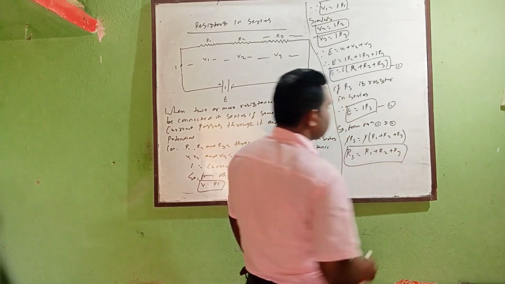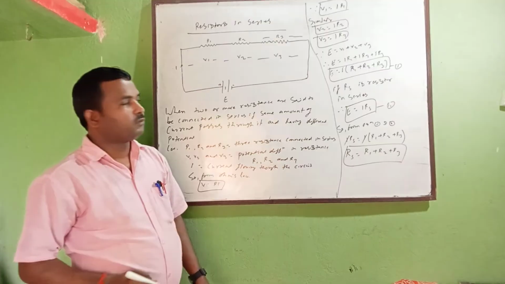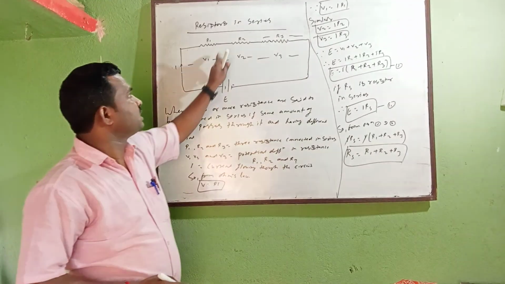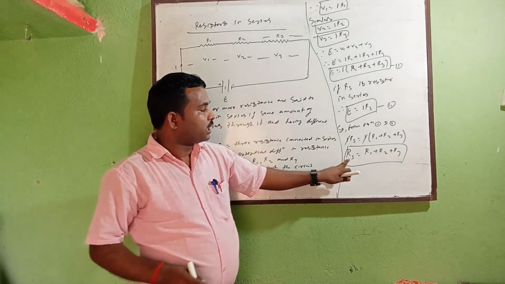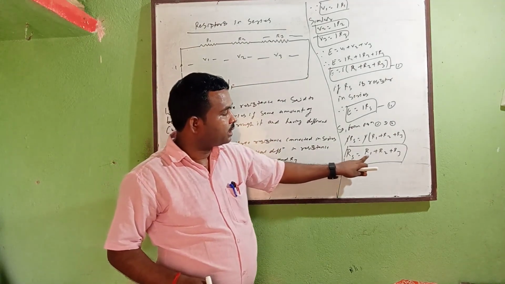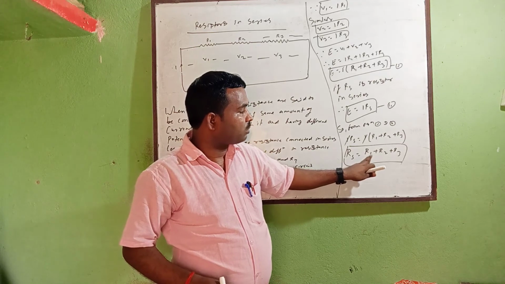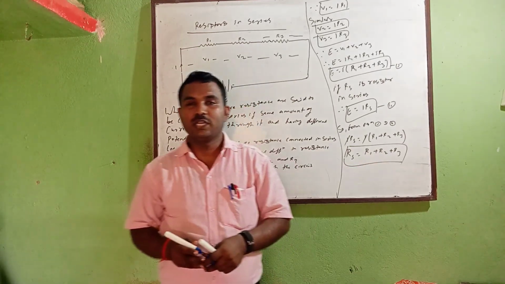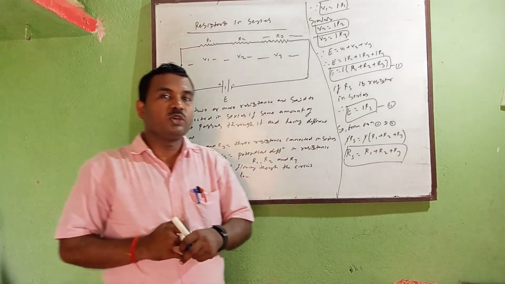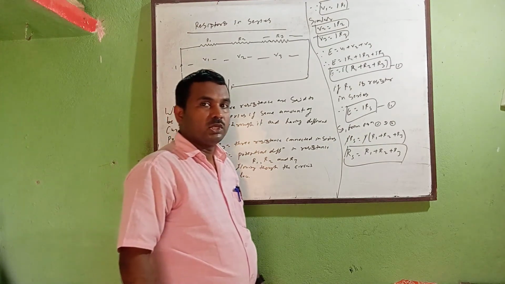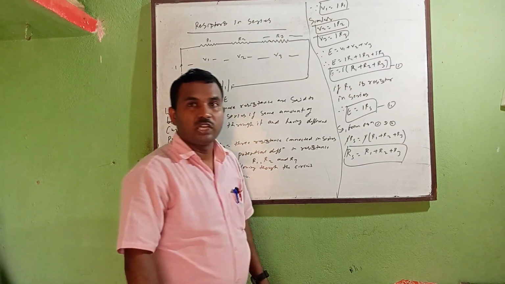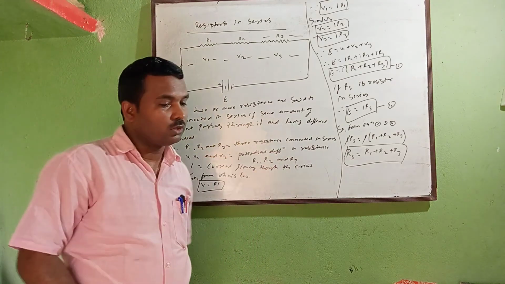Yes, students, this is the final formula. Whenever two or more resistors are connected in series, we get Rs, the resistor in series, equal to R1 plus R2 plus R3. By using Ohm's law, we got this formula. That's very important for both 10th and 12th students. You should complete and write this one. Very good.